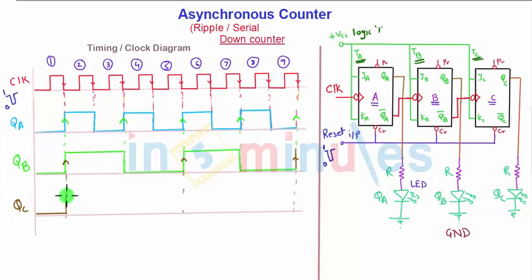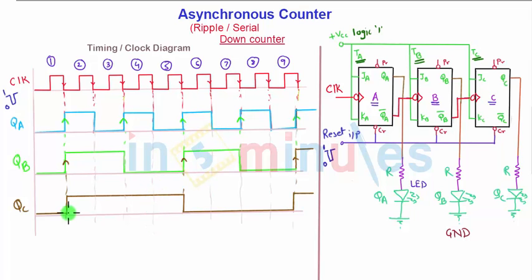And for the first positive edge of QB, QC will change to 1, and it will remain 1 till the next rising edge of QB, and again it will go to 0. It will continue to be 0. At this edge it will become 1 again. Now, to identify the states and whether it is moving properly or not, I will extend all the clock cycles. Extending all the clock cycles, this is the clock cycle 2, this one is 3.